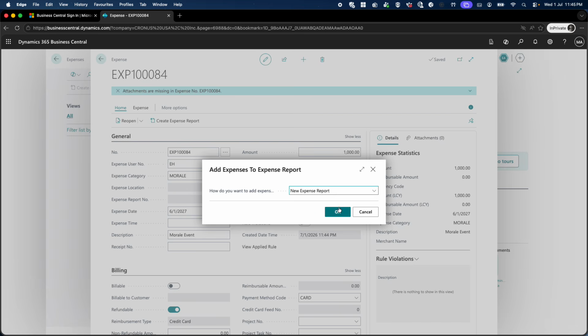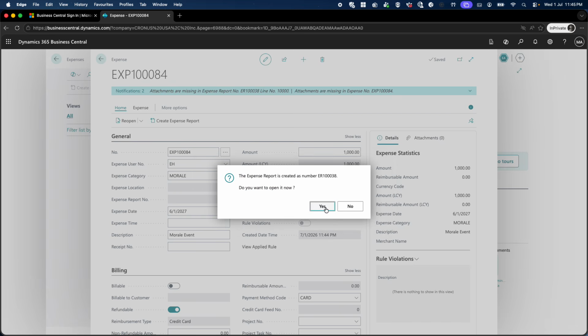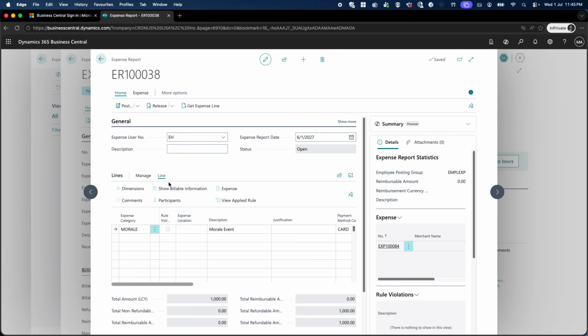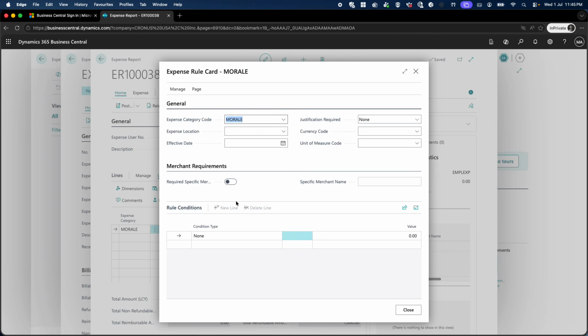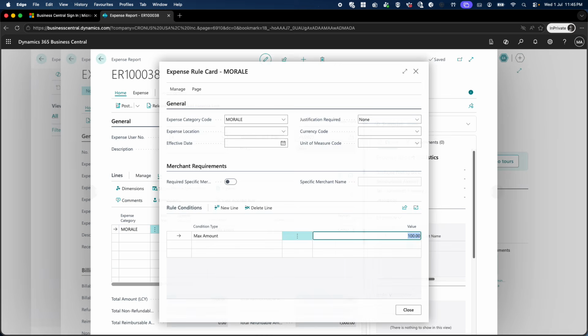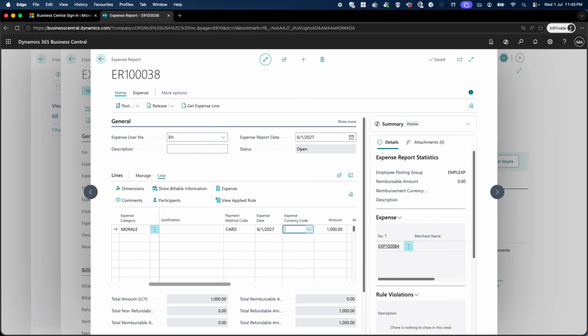You create the expense report with the new number on it, and you will see that the information has traveled here. If I see the applied rule, now it says morale. Now let's try to make it slightly interesting. For morale, you cannot spend more than, I don't know, $100. So what happens if I